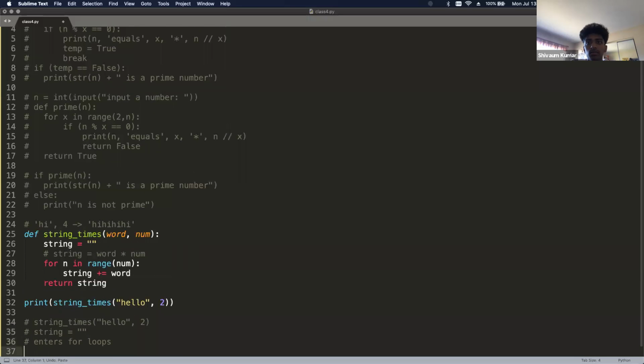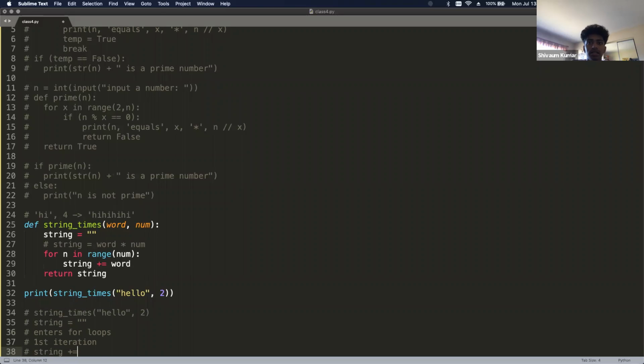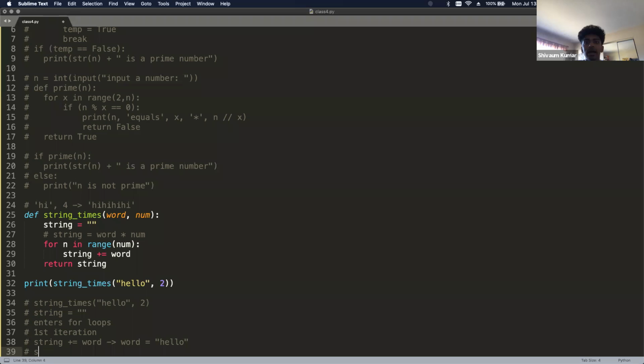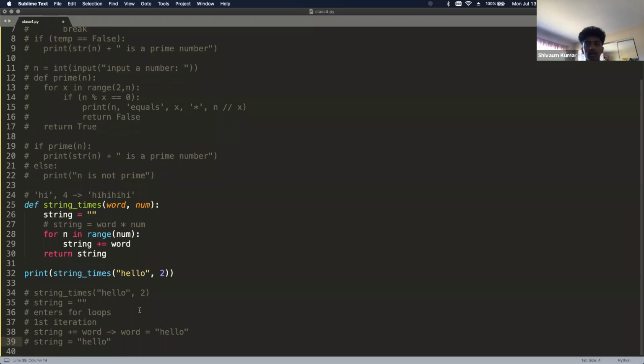Then you see that string plus equals word. So what is word? Word is equal to hello. So now we know that the first time, string is now equal to hello. So after the first iteration, that is what string is equal to.